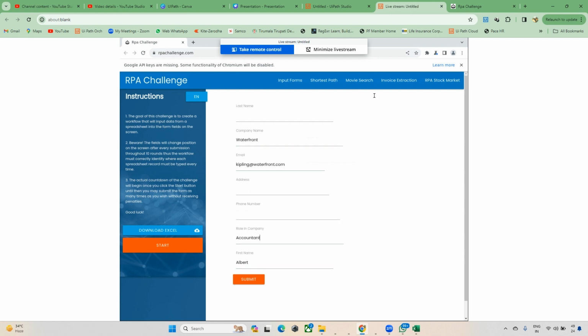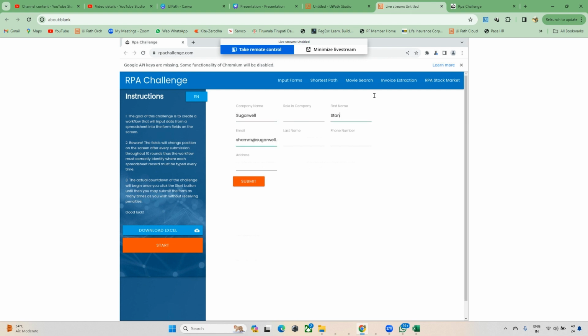So here something got missed. But whatever the concept is, it's updating this data. When you check this, irrespective of whether it is company name, it's updating the company name, address, all things are updating. So this is a way how we can do the automation with the help of UiPath